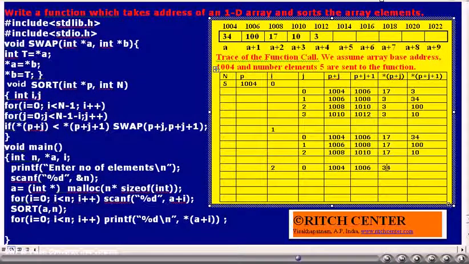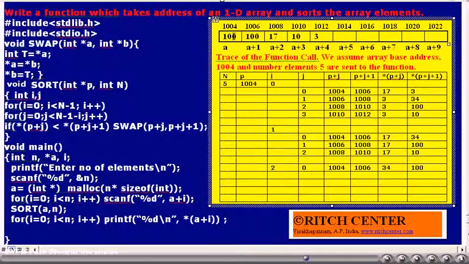Star of P plus J, that is 34. Star of P plus J plus 1, that is the value available in the memory location 1006. What is it? 100. Is star of P plus J, that is 34, less than star of P plus J plus 1, that is 100? Yes.